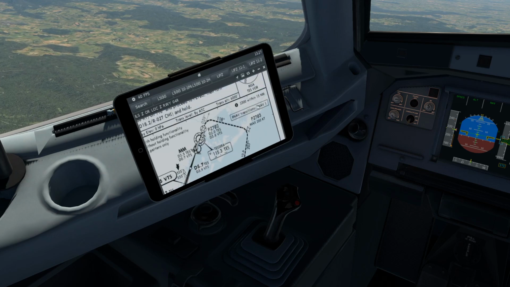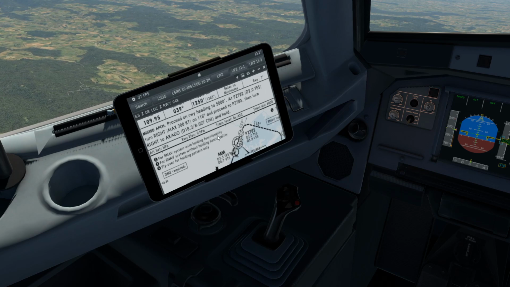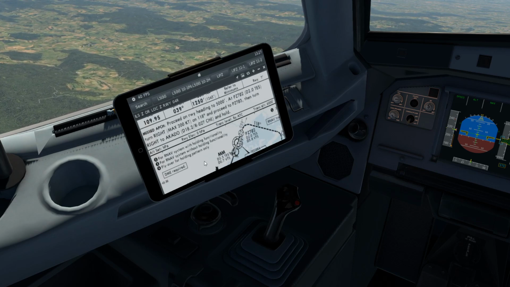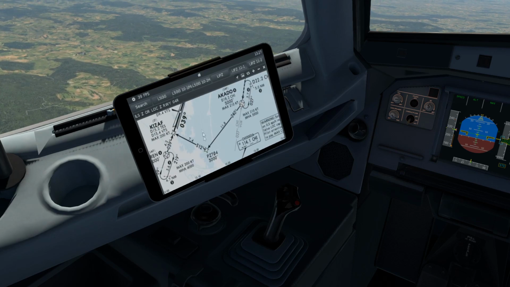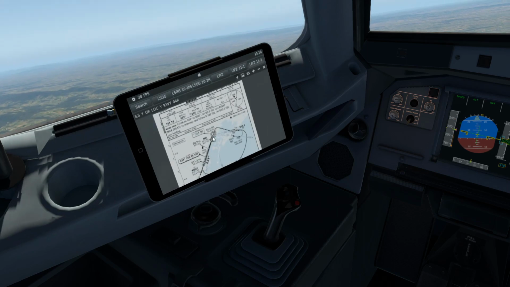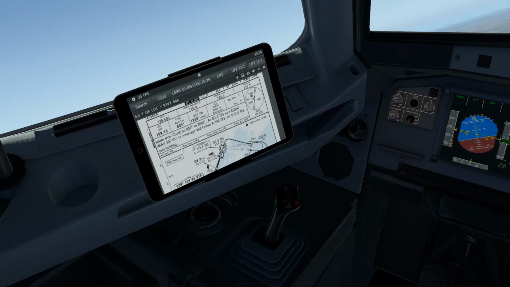So RNAV transitions, RNAV 1. You'll see that this one actually requires RNAV equipment, basically, for RNAV systems with holding functionality and so on, because it's using these waypoints that aren't based off of VORs. It's not using a DME arc. Whereas the Yankee is a little bit more traditional, and you can fly that without RNAV. DME is required, but it doesn't need RNAV as such. Now, obviously, the Airbus is very RNAV capable, but that would be one example of why you might have different